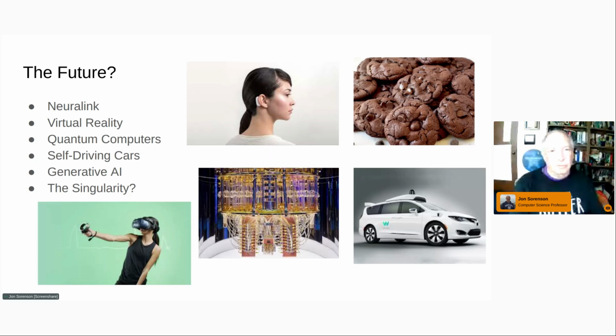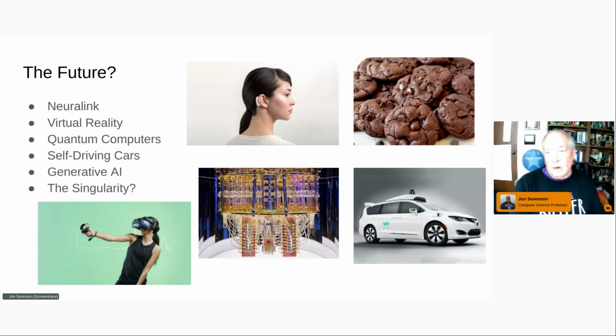Virtual reality has become a big deal, and that's going to improve. Quantum computers, we've been building quantum computers for several years now. They're not quite big enough to take over, but they are getting better and better, and there's a lot that they can do. Well, they can't do anything that current computers can't. There's not more that they can do. They just do it so much faster that it makes them a huge improvement. But they're very difficult to work with.